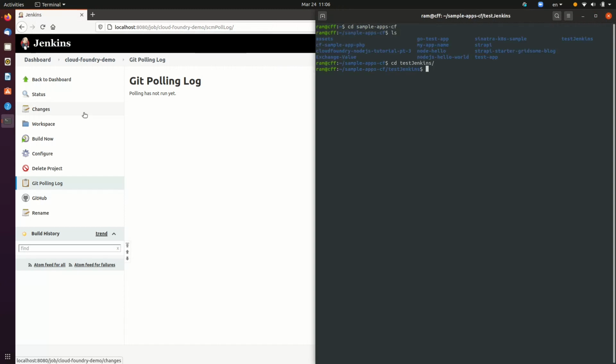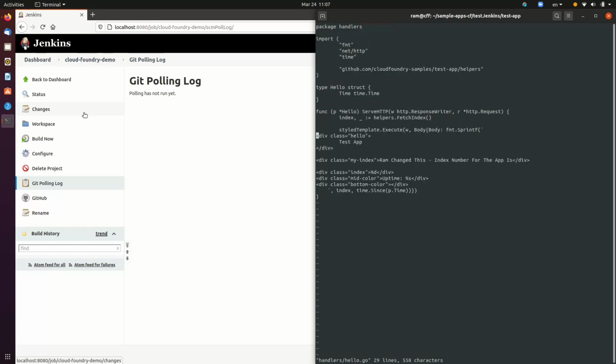Now, to verify if this is working, let us modify the code base that we have slightly.